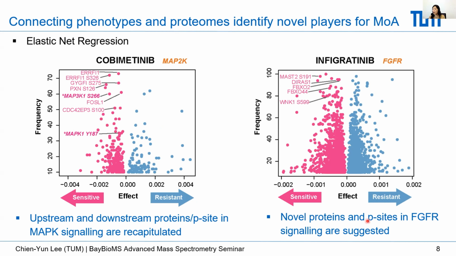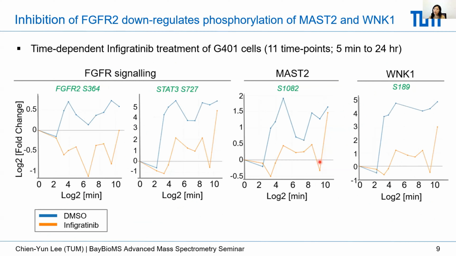The second example I want to show you is Vigatinib, an FGFR inhibitor. We actually find quite a lot of novel proteins or phosphosites involved in the FGFR signaling pathway, which has never been mentioned before. To prove that these proteins or phosphosites are really regulated by Vigatinib, we performed a time-dependent Vigatinib treatment on G401 cells, which, as I mentioned, are rhabdoid cells, and they are very sensitive to